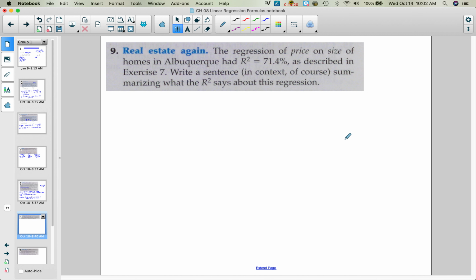Number 9, real estate again, so still with the real estate idea. The regression of price on size of homes in Albuquerque had an R-squared value of 71.4% as described in exercise 7. Write a sentence in context summarizing what the R-squared says about this regression. Okay, remember what R-squared is. This is called my coefficient of determination. And remember the little thing I gave you, kind of a fill in the blank. So it tells us